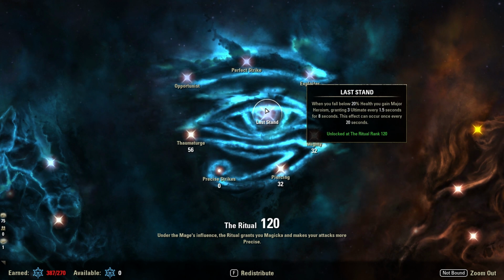When we fall below 20% health, we gain that Major Heroism, granting us 3 ultimate every 1.5 seconds for 8 seconds, and this can occur every 20 seconds. Huge synergy on this build because we're also a vampire with a huge hit point pool, so we can really work on death on this build. So if we drop below that 20%, we'll have Major Minor Heroism, and we'll have the alt return from the